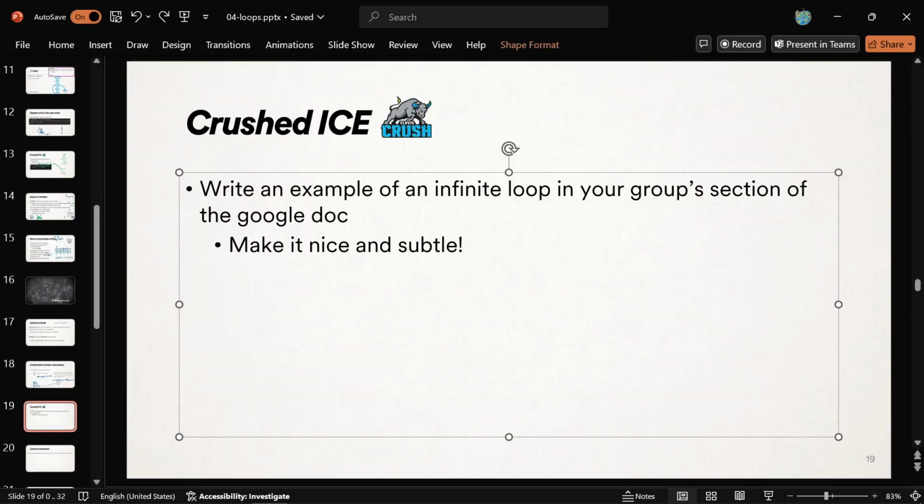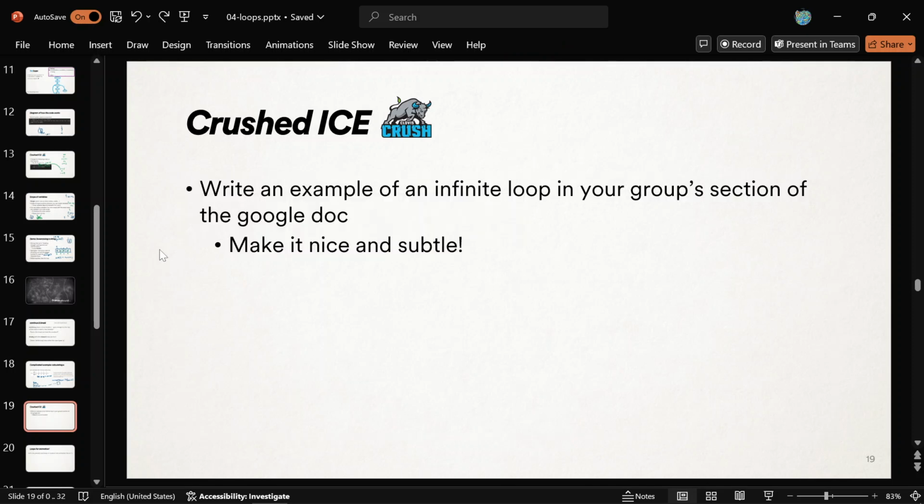Here's the question that I want you to answer after you've said hi. Please come up with a good example of an infinite loop, one that's never going to stop. All right? Make it very subtle. Don't make it obvious, like while true. That's too easy. Make a loop that you think at first glance would stop, but actually there's something subtly wrong with it. So think about all the ways that you could mess up. That's kind of what I want you to do right now so that you actually don't do that in real life. Okay? So take a few minutes, try that. Give me some good examples of infinite loops, please.